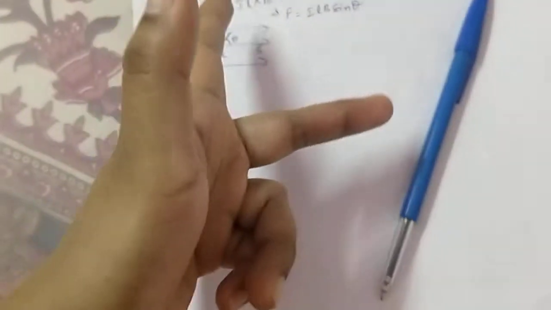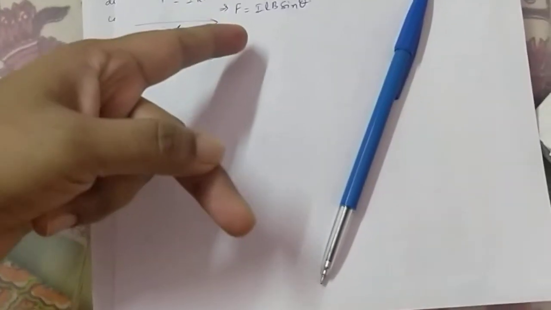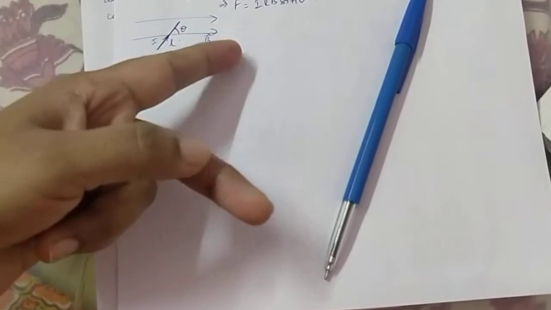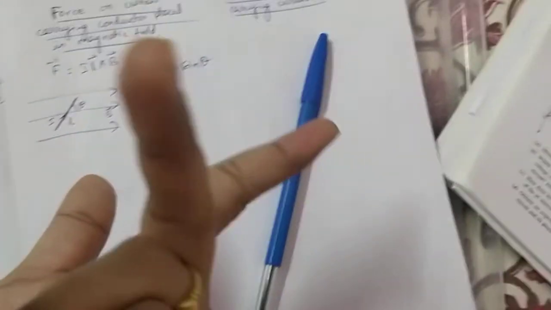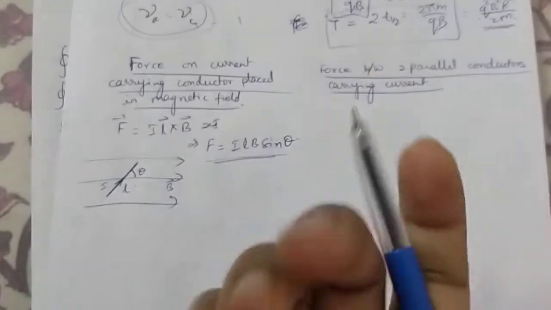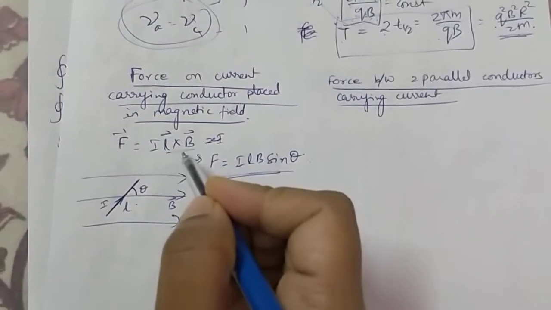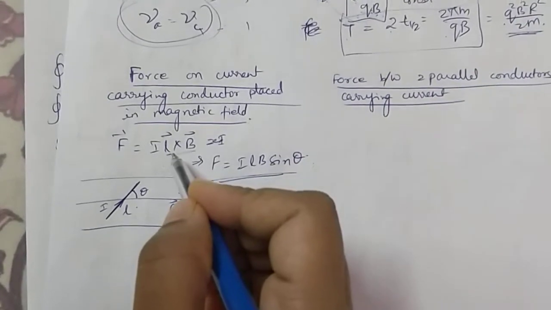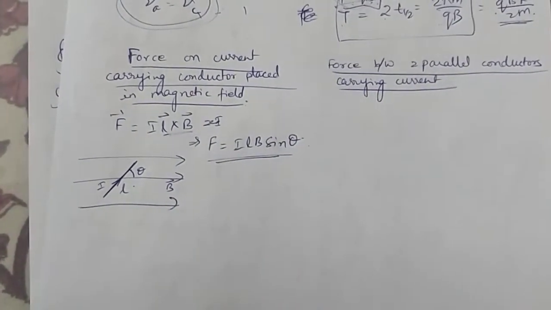So for direction, it is Fleming's left hand rule. According to Fleming's left hand rule, if the forefinger points in the direction of the magnetic field and your central finger points in the direction of the current, that means the motion of positive charge, then my thumb will give the direction of the force. So in this case, it is pointing downwards. So we will use Fleming's left hand rule, or for any cross product, the general rule which you have studied in 11th class, the right hand screw rule, can be applied. You will get the correct result.